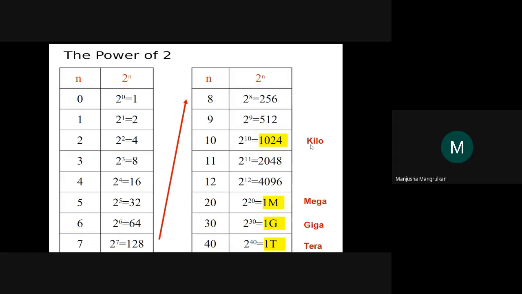This is generally called kilo. And 2 to the power 11, 12, 13, 14, 15. 2 to the power 16 is approximately 64 kilobytes, which we are going to see in our microprocessor. 1 megabyte is 2 to the power 20, 2 to the power 30 is 1 gigabyte, and 2 to the power 40 is 1 terabyte. This notation is also used in memory measurement.